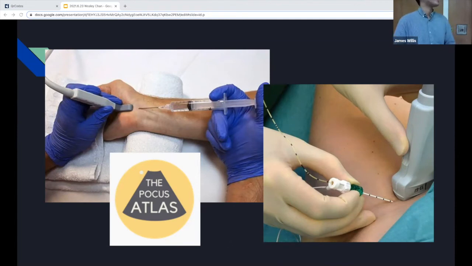Another way we can do this is IV lidocaine. There are case reports from 2012 that show that IV lidocaine at 1.5 milligrams per kg, with a max of 200 milligrams over 10 minutes, is just as effective as IV morphine for the management of renal colic pain, for example. These blocks are pretty effective and have been shown to decrease the amount of analgesia and opioid use. So just be aware, as you're giving them, of the systemic toxicity of these medications that you're giving.